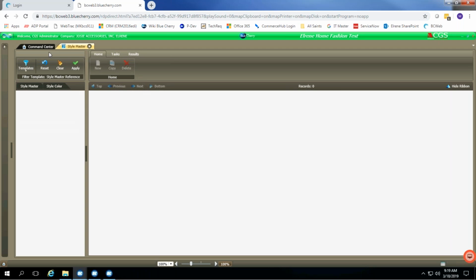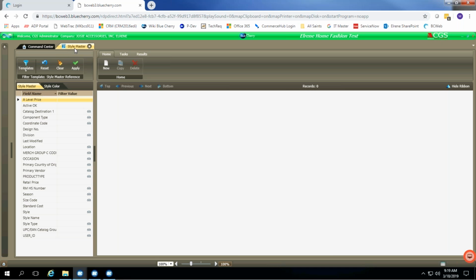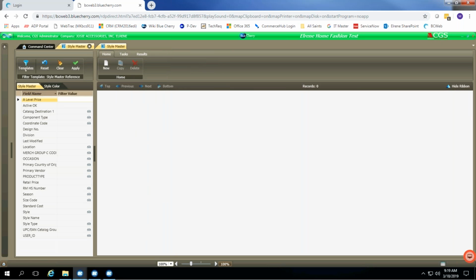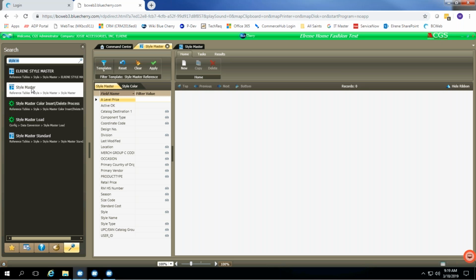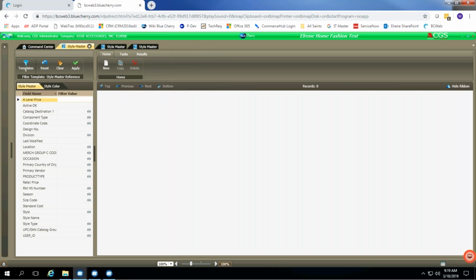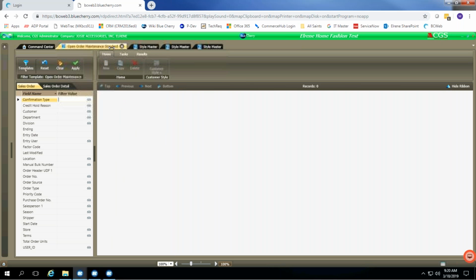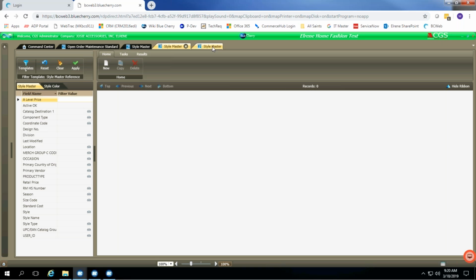it'll open up. Just like I said, it'll open up as a second tab. As I said before, Infinity is a tabbed interface, and you can open up as many tabs as you want. For example, I could open up another style master. I could open up a third one if I want to, or I could open up a different screen. For example, open order maintenance, and as you could see, I could switch from one tab to another tab to a fourth